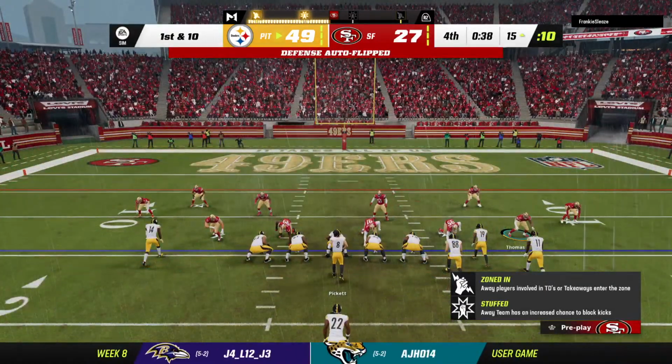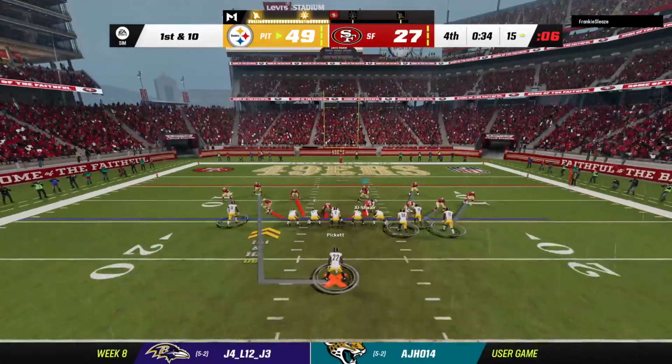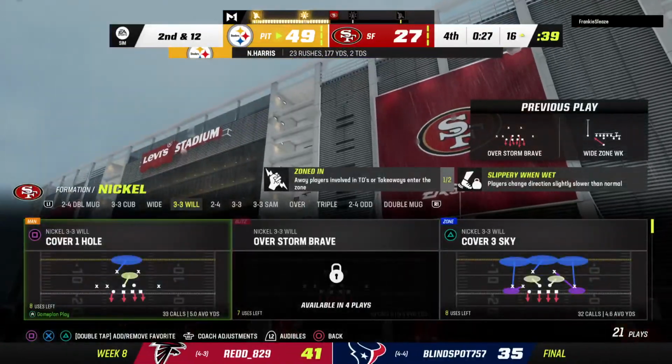A new set of downs. Clock continues to move. No better way to close out a game than to tap those mastodons you have up front and say, guys, keep pounding them. Let's keep the ball, keep their offense on the sidelines, and let's close this